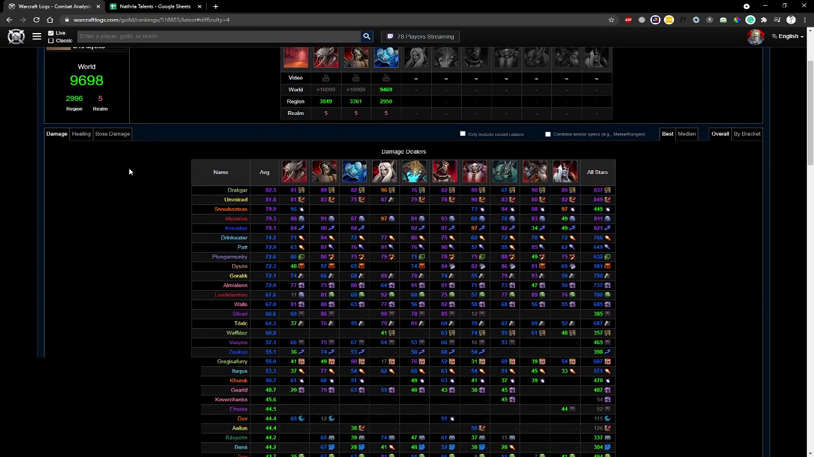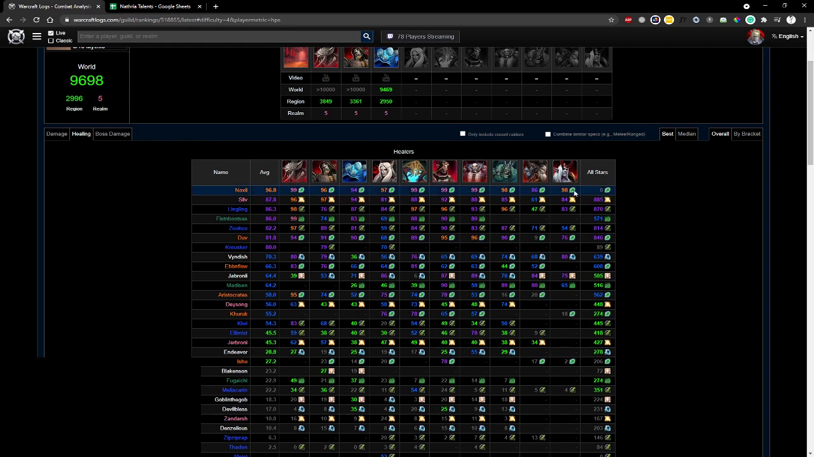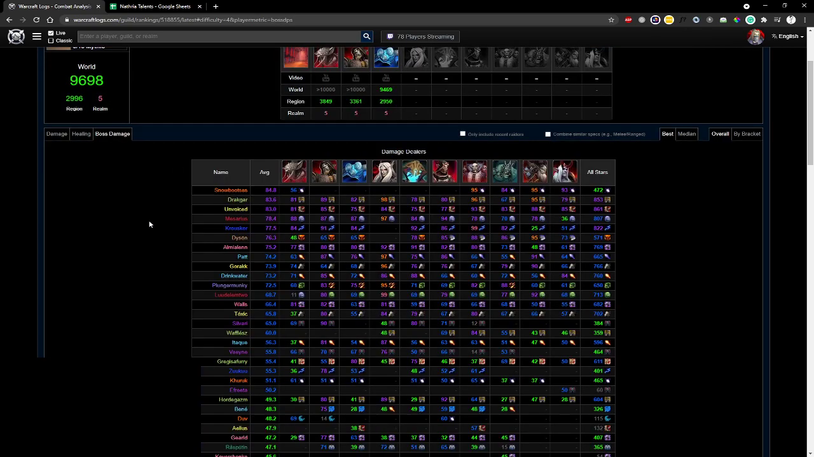And that's for damage. They have it for healing as well. All it does is rank you against other players in your spec and how you performed in comparison. So damage is just straight up DPS. Healing, same thing, HPS, healing per second. Boss damage is damage per second, but solely on the boss. Because in a lot of fights, not so much in this raid, but in previous raids, people will just AoE